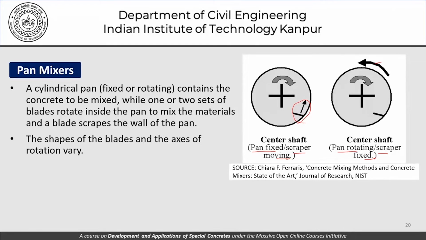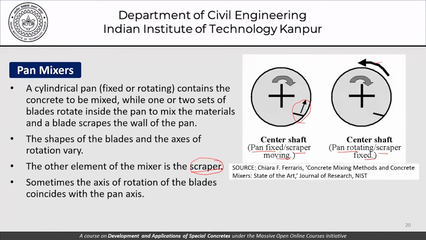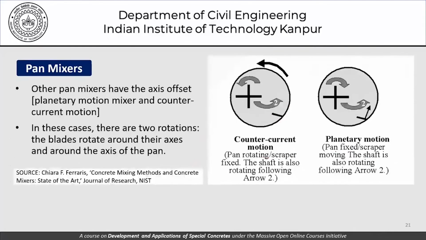The shapes of the blade and the axis of rotation could vary. The other element of the mixer is this scraper. So this scraper plays a very important role in determining the efficiency or the efficacy of a pan mixer. Sometimes the axis of rotation of the blades coincides with the axis of rotation of the pan. Continuing our discussion with pan mixers, another type of pan mixer is one where the axis is offset,